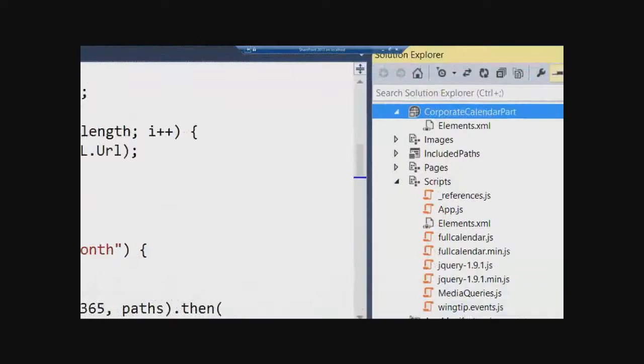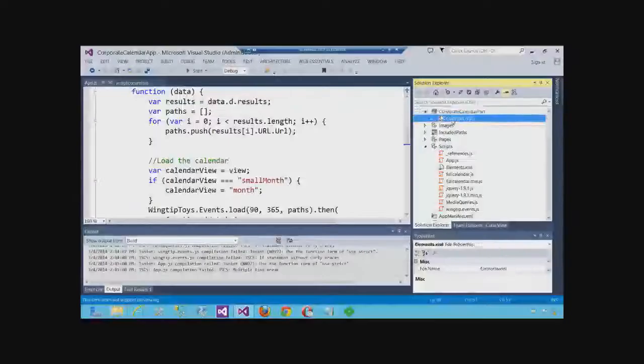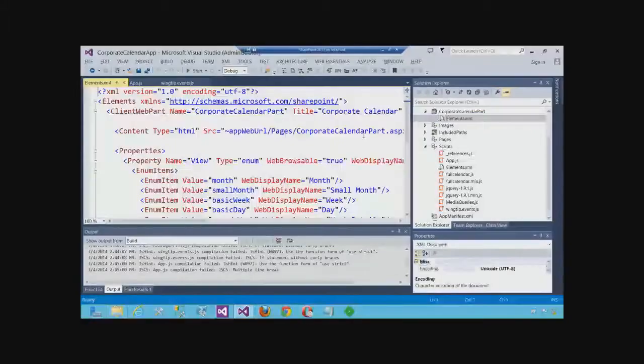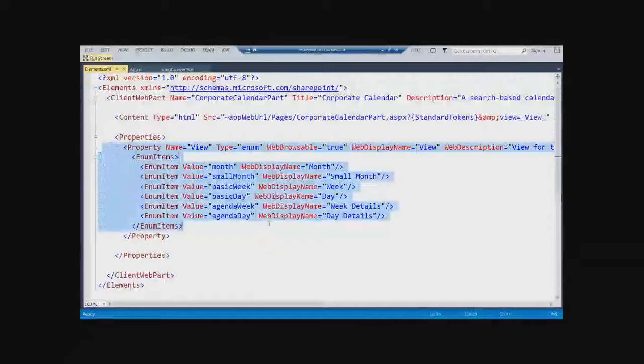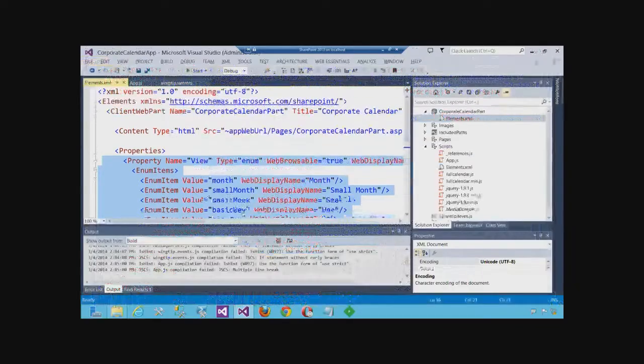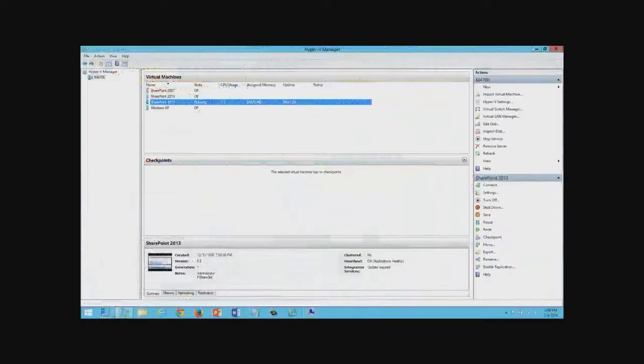And then if I bring up the Elements XML for it, you'll see that this thing has a property. This is the real key to what I'm doing: it has a property that says what view you want the calendar to be in. Month, small month, basic week, you get the idea. So this calendar has the ability to change its view. And then what we have is SharePoint telling us what view it wants. The way that SharePoint is telling us what view it wants